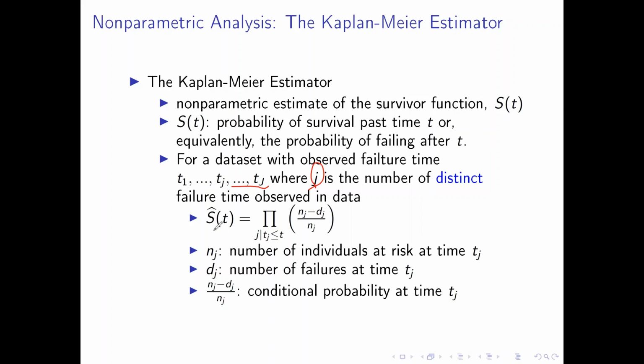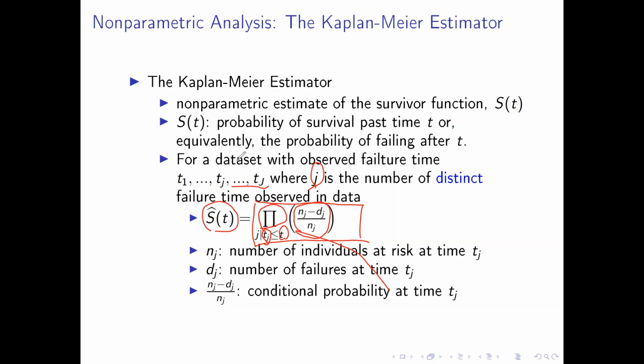Then we can estimate the survivor function by using this formula. Here is a pi, uppercase pi, for multiplying what? We have (nj minus dj) over nj for tj smaller than or equal to t,